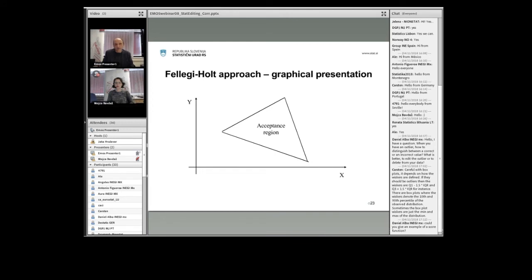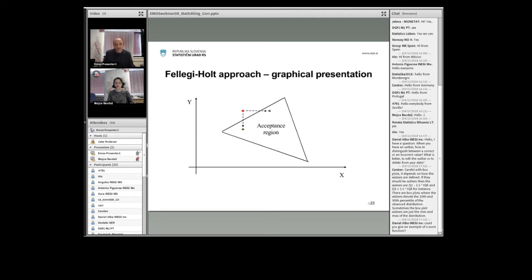The Seljak approach says to correct the least possible number of units. Let's say in this example you have a unit outside of the acceptance region, and you want to put it into the acceptance region. Of course, the first idea would be to make this movement here at the shorter distance. But the Seljak approach says no, if you put it here, you would change X and Y. The idea here is to correct just one. So the Seljak approach: correct just X, or correct just Y.